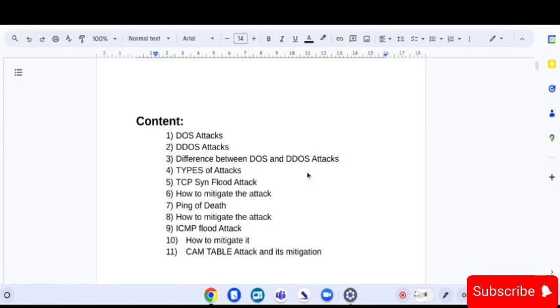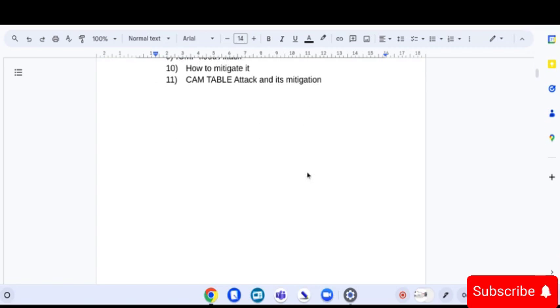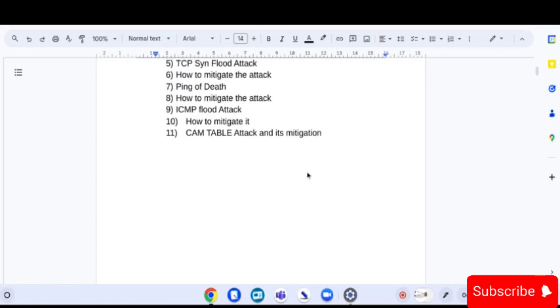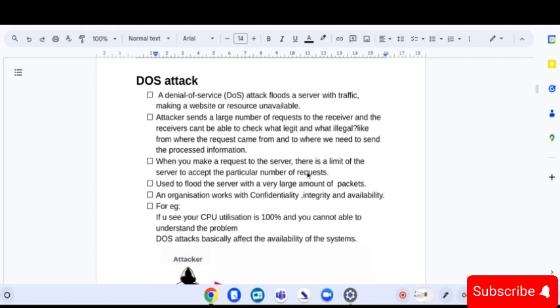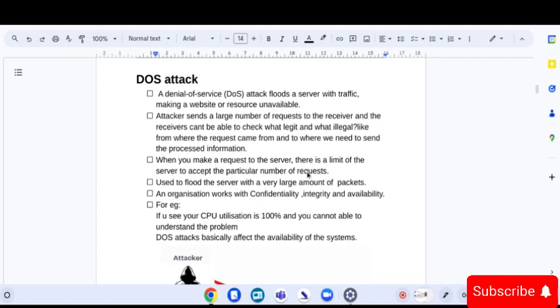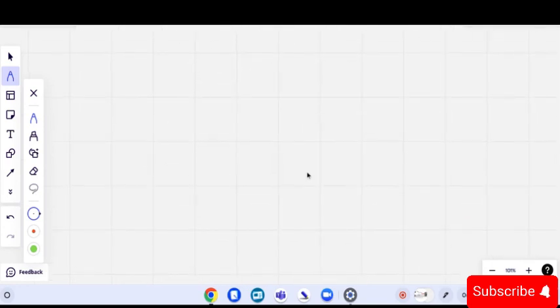I created a document for DOS and DDoS attacks. So this is the content. I'm also going to share this document with you so that you can understand and learn from it. So first, what is a DOS attack? A DOS attack is a denial of service attack that floods the server with traffic and makes the resource unavailable. Before I start, I'll give you the basics: any organization,